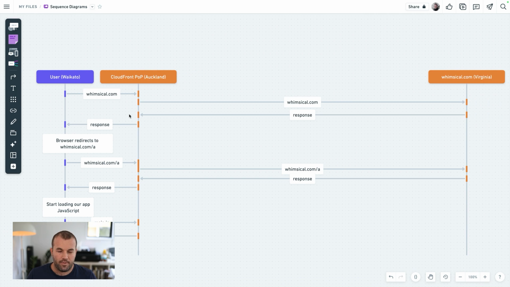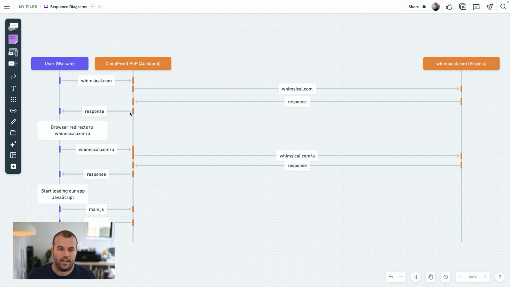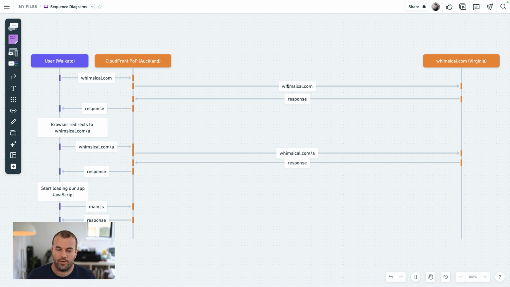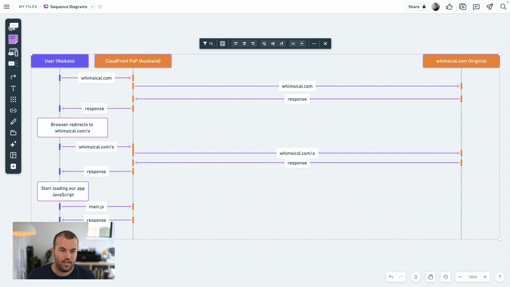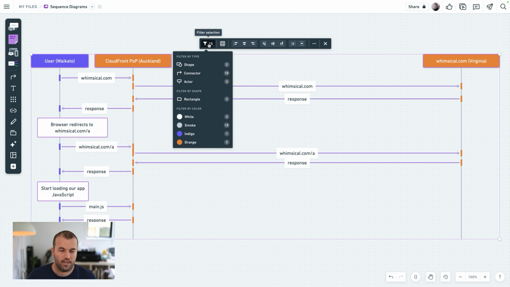Now the other feature we've been working on is selection filtering. And this is something we found really useful when we were working on sequence diagrams and when you wanted to make a selection of the whole sequence diagram, then filter down to just one or two of the objects in it. So the way this works is that you can make a selection and click this new filter selection button,